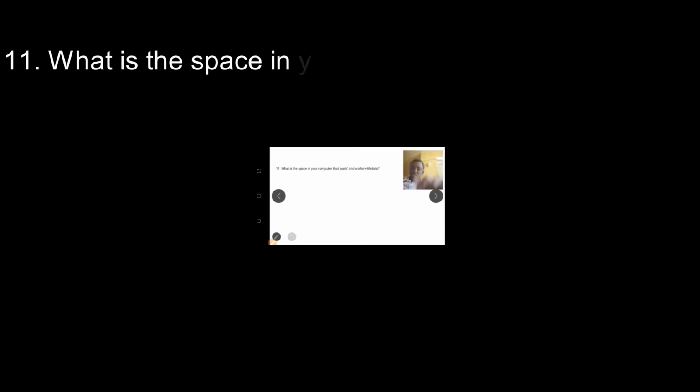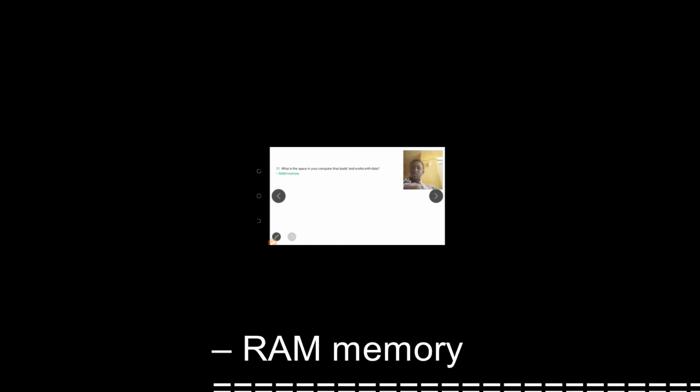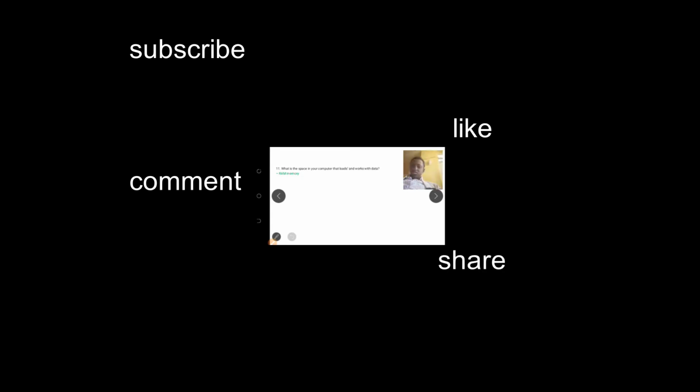Okay, the next question is about the space in your computer that loads and works with data. ከሃርድ ዲስኩ ሎድ አድርጎ ዳታ ያመጣል ወይም ፋይሎችን ያመጣልና እንድንሰራበት ወርክ ዊዝ ዳታ የምናደርግበት የኮምፒውተራችን አካል ምን ይባላል እና የሚባለው ራም የሚባለው ማለት ነው። ራንደም አክሰስ ሜሞሪ ራም ሜሞሪ የሚባለው ማለት ነው። ለምሳሌ የጦር ሜዳ ላይ ወይም ደግሞ ሳም ወርክ ስቴሽን ወይም ደግሞ የሆነ ስራ ቦታ ላይ ከስቶር የሚመጣው ዕቃ የምንጠቀምበት ነገር እናመጣና ከሰራን በኋላ እንጥለዋለን ወይም ደግሞ ትተነው እንሄዳለን ማለት ነው። ጀስት ላይክ ዛት ራም ከሃርድ ዲስክ ፊች አድርጎ ዳታ ያመጣል፣ እንጠቀምበታለን፣ እንሰራበታለን። Then after that, when the computer switches off or shuts down or starts, the file or the data that is on the RAM you may not get, because it is lost when the power is off.